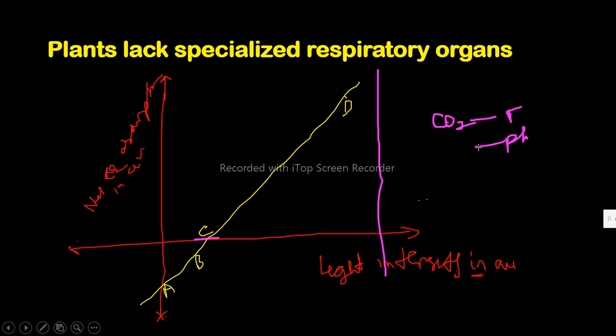So it means the oxygen that is produced in photosynthesis is enough for respiration. And that point is what we call a compensation point. So when you are defining compensation point, if somebody has a question,